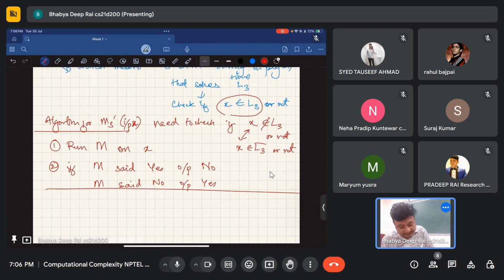Let's say I give you an input X and it belongs to the language L3. This is the first case. You give me an X, and it is in L3. Then